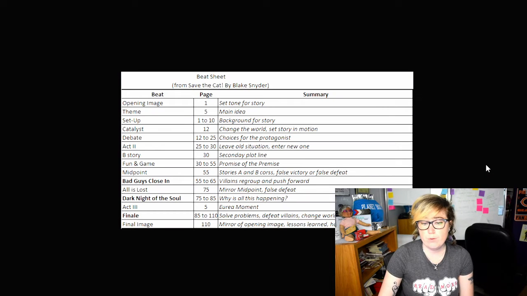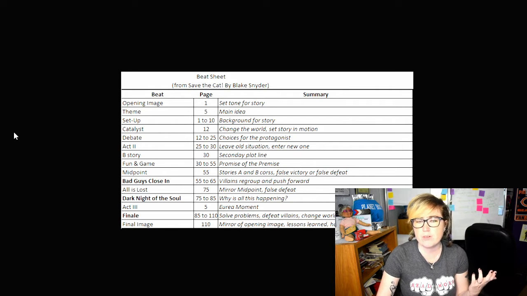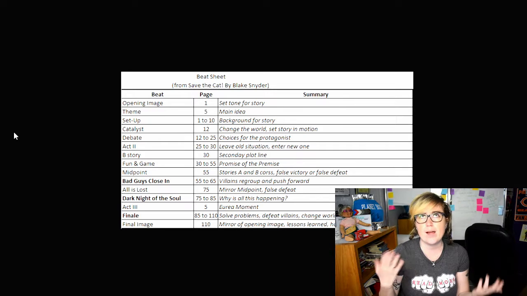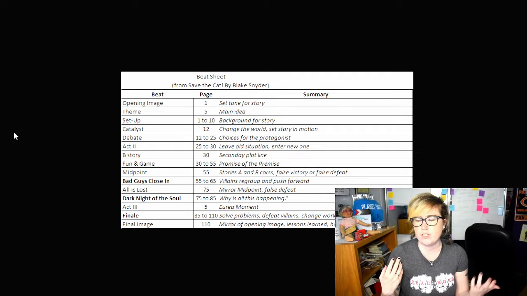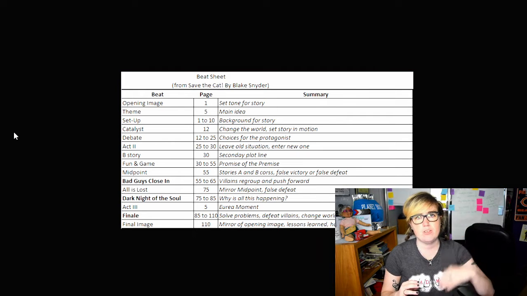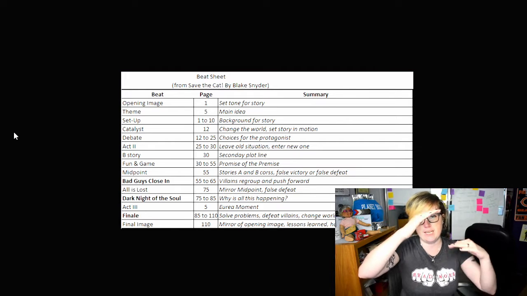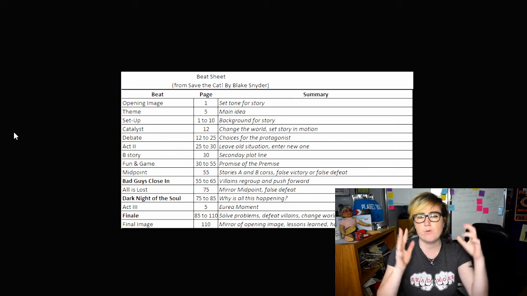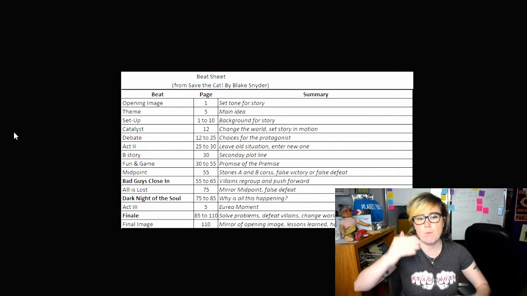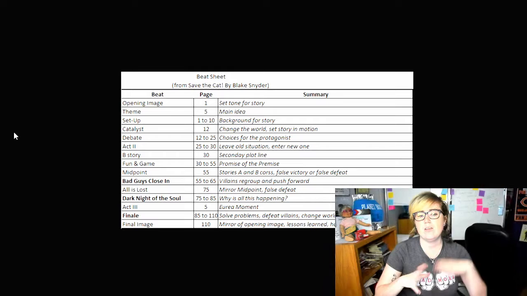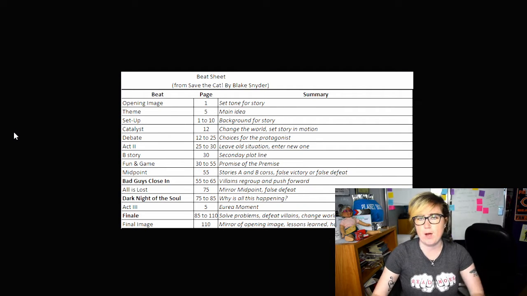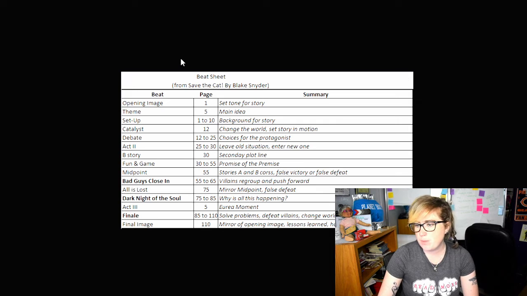So for anyone who needs a breakdown of what the Save the Cat beat sheet looks like, it is basically like this. So the page number corresponds here with screenplay page numbers. So what I did was I just adapted that to novel page numbers. Screenplays are broken down in approximately 1 minute per page, and that can vary. So if you have a page that is pretty much all action, right, it's condensed a little more, versus if you have dialogue within screenplay format, it's spaced out a lot more, so it can make a difference. But in general, the average is about 1 page per minute of film. So that's basically what this is here.